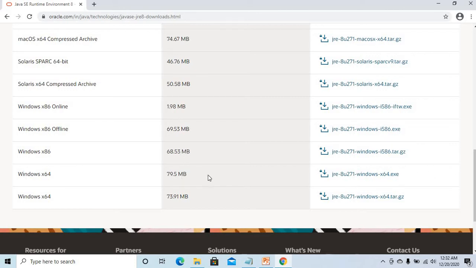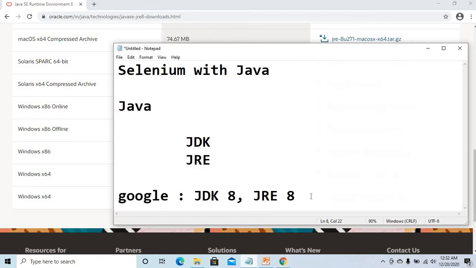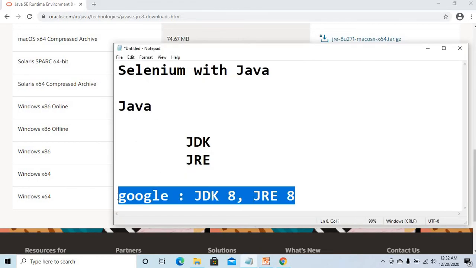It will navigate to a login page, so log into your account and download it. This is also a simple .exe file, so double click, next, finish. That's it. This is what we need to install related to Java.